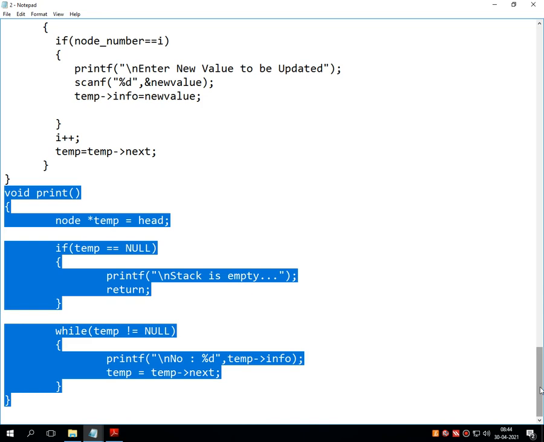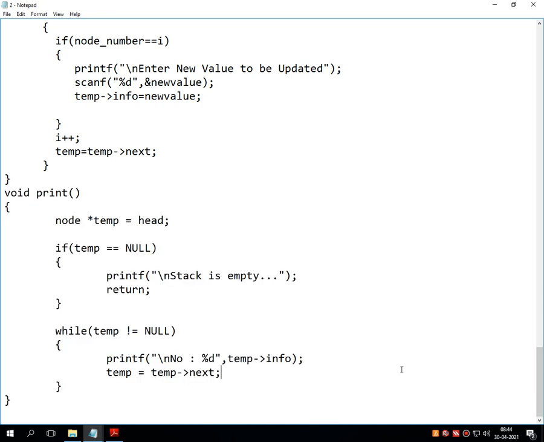So again I would like to give the difference between these two programs. The first program and the second program are the same as far as functionality is concerned, but they are implemented through two different concepts. The first program is implemented through the concept of array, which has a fixed size, and the second is implemented through the concept of pointer, which is dynamic.